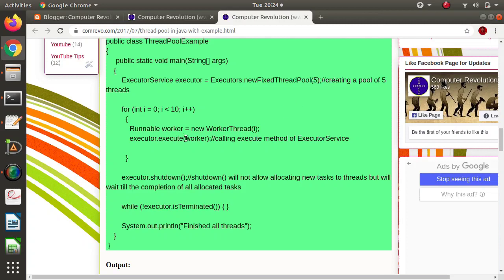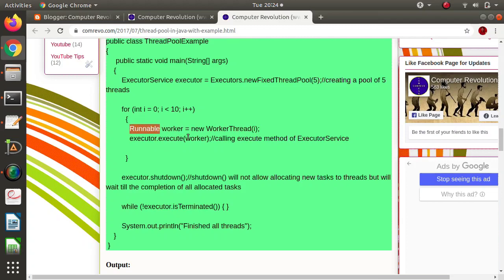Here we are passing one parameter. So we are passing one object. So worker is the object of what? Worker is the object of the Runnable interface. The Runnable interface we have already seen in the previous video. For the Runnable interface we are creating one object, but as it is an interface, we cannot create an object directly.